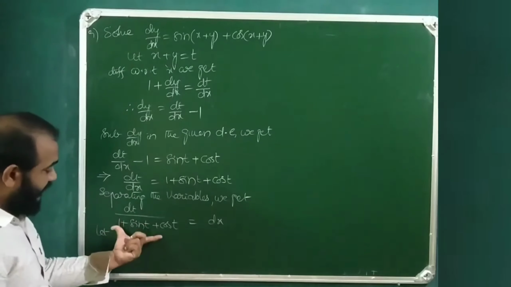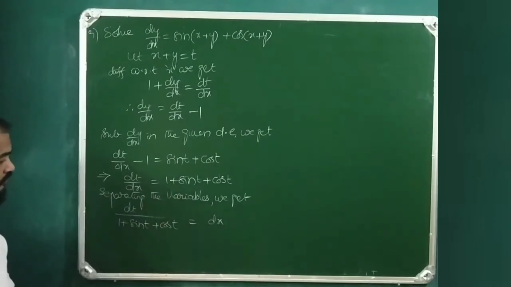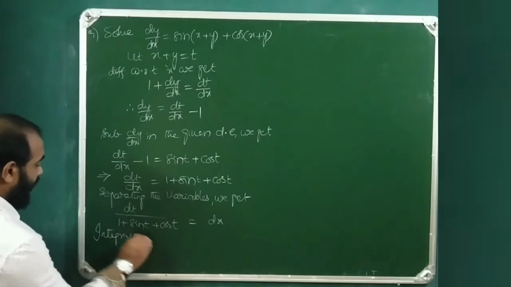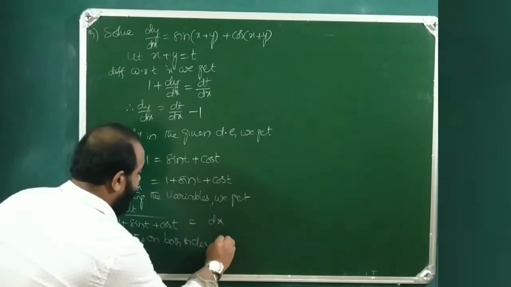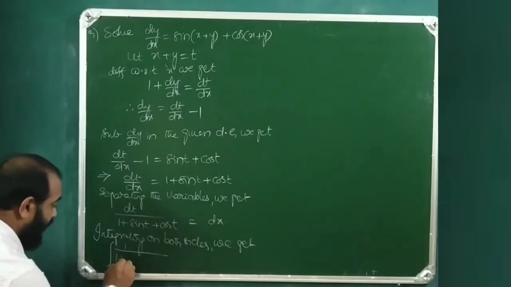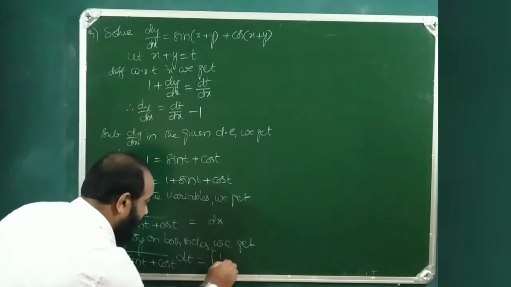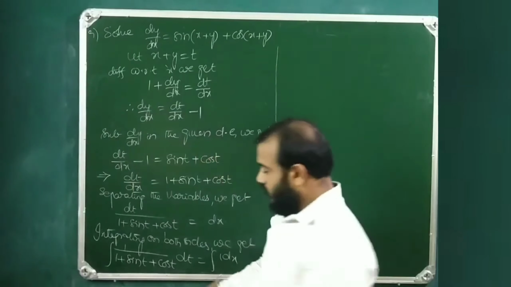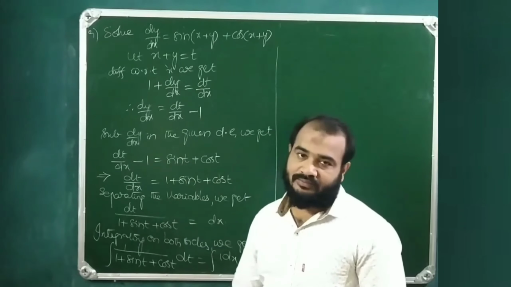Separating the variables, we get, integrating on both sides, integral 1 by 1 plus sine t plus cos t dt is equal to integral 1 dx. We know how to solve this, 1 by 1 plus sine t plus cos t. So let